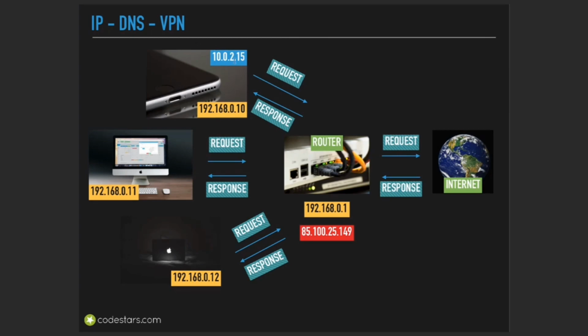So this device has some local IP, like 192.168.0.10. And this IP is assigned to that device by the router actually. As you can see, every device has its own local IP. And the router has its own local IP, like